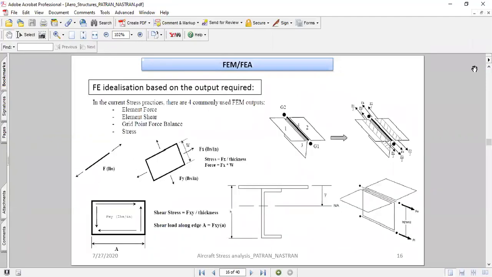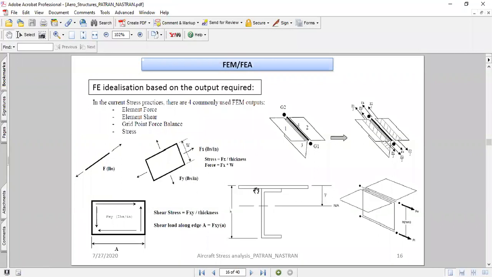So what we are primarily looking at is the element forces and stresses and the displacements that are required from the finite element model. Here on the left hand side, I have shown a typical rod element, and the force expected to be extracted from it is the axial force. For a plate element, it can be membrane forces or shear forces.